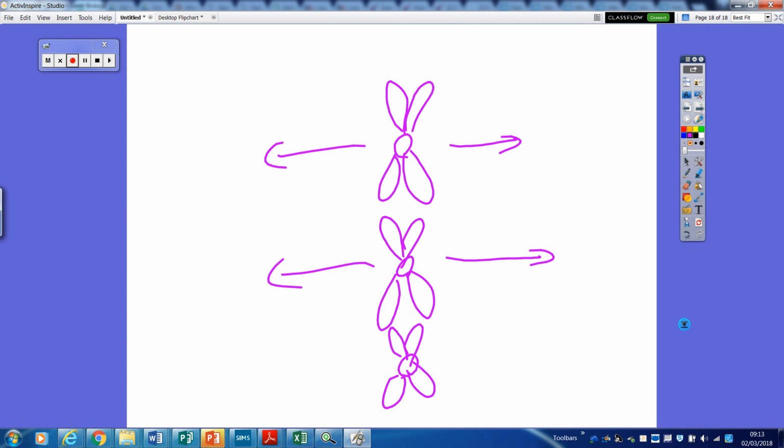We term this here, because it's exactly the same genetic information. This is a chromatid here, alright? These are two chromatid arms. We term that as sister, or a pair of sister chromatids. So when we talk about anaphase in mitosis, we say that sister chromatids are pulled apart towards opposite poles of